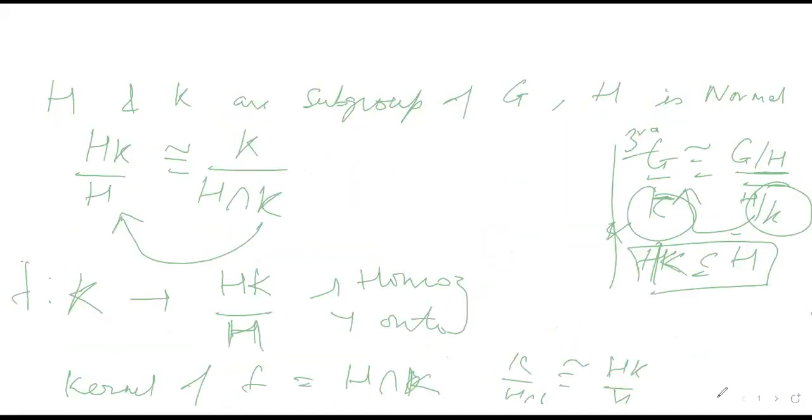The most important part is understanding the relation. That relation is always backward, from the group without the denominator, K, to HK by H. Then what? Just take an element from this. The element will be of the form k. Take elements from this. The element will be of the form H into some x. x will be hk, but there is no point of having h because it will get absorbed. The final element will be of the form hk only.